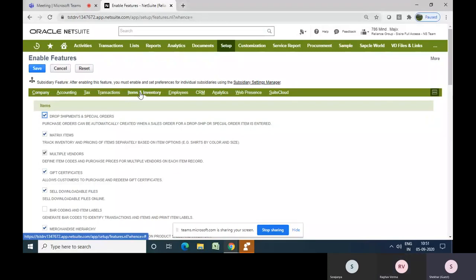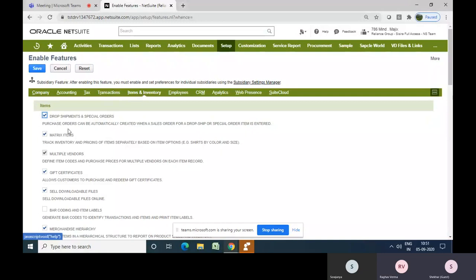A product that has a different variant, they may call special. But if any product has different colors, different sizes, in general you can say the variants or the attributes, size, shape, design, etc., we basically call it a matrix item.